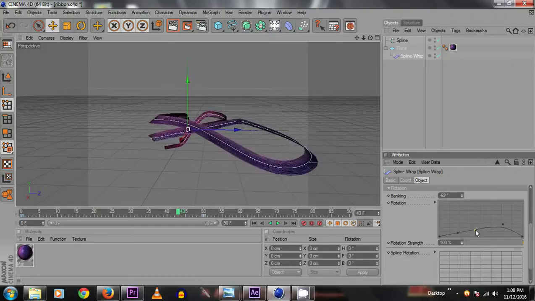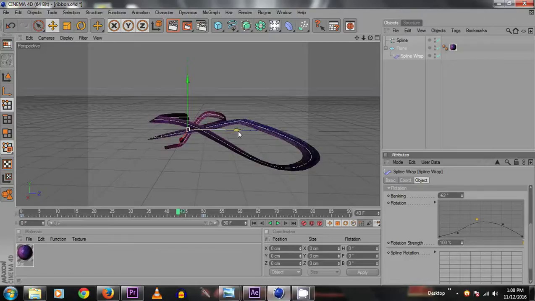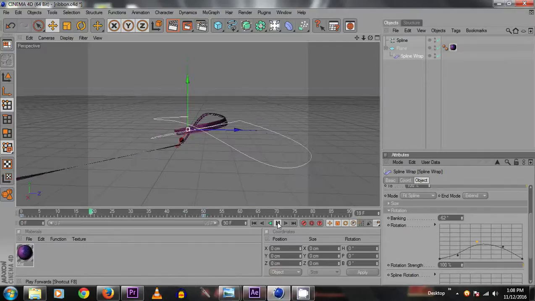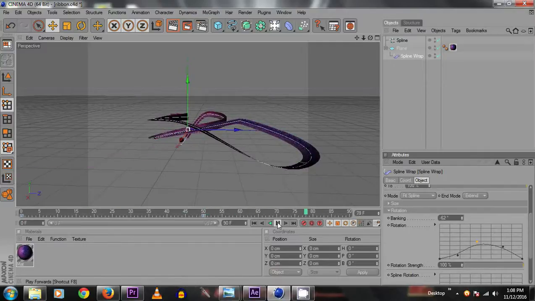Now when we play the animation, it is like this.